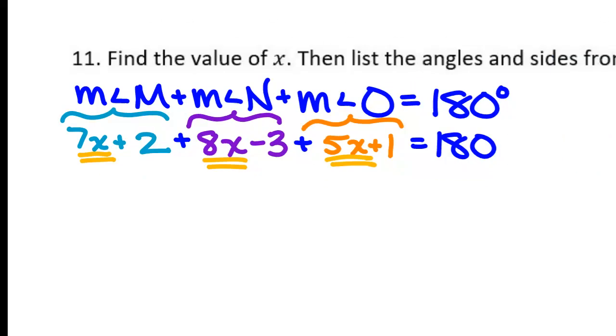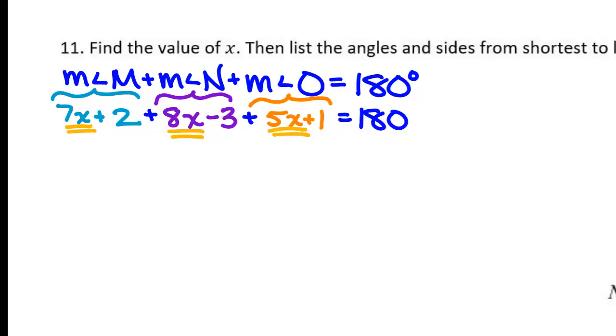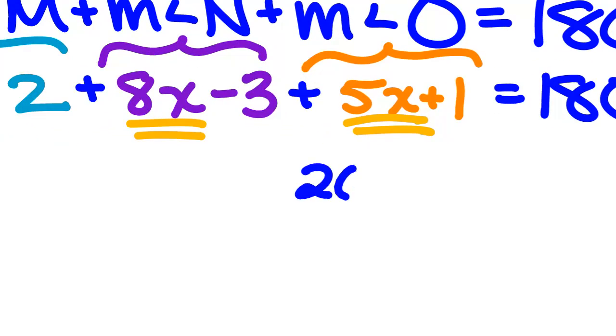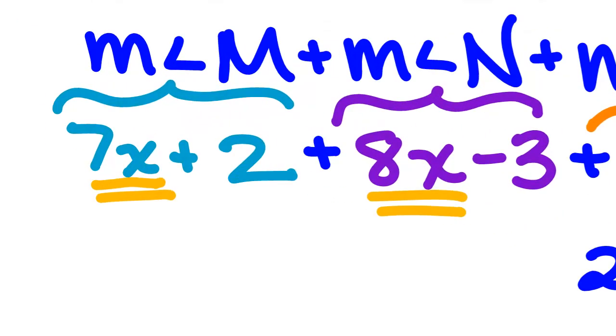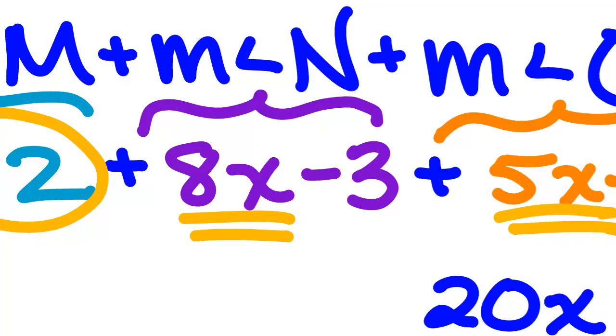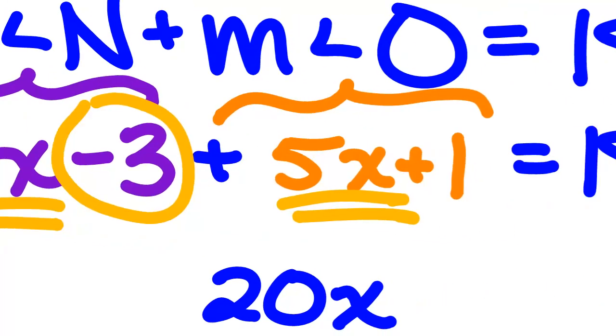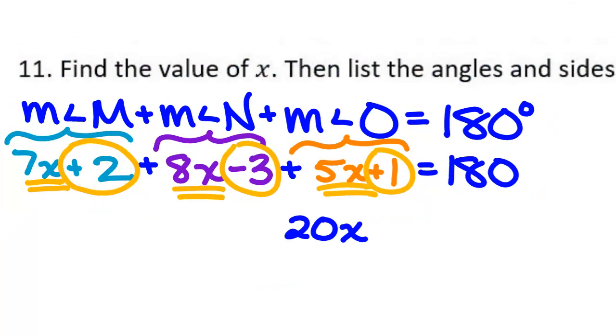What will those 3 combine to give me? 7, 8, and 5. 20. So I have 20x. And now I need to combine my constants together. I have a plus 2, a minus 3, and a plus 1. What happens if I do 2 minus 3 plus 1? We get 0. So I have 20x plus 0